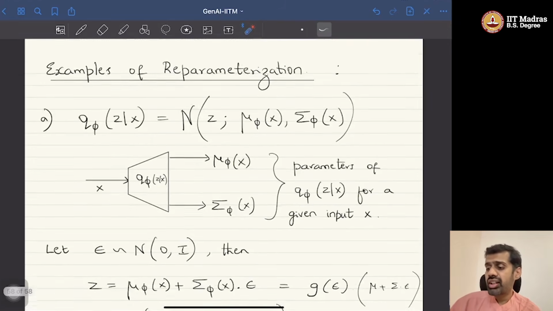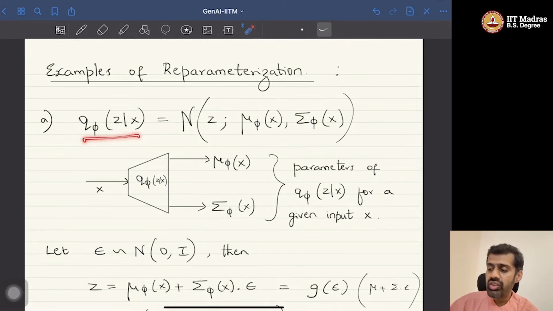Okay, so note that this choice that we are making on q phi of z given x, that it is a Gaussian random variable, is a design choice. So one can make any other choice on q phi of z given x and parameterize that using the encoder network. The only thing is that one needs to find a g function and an auxiliary random variable using which we can reparameterize that. Okay, yeah, that's the only condition. However, the usual practice is to assume that it is a Gaussian random variable with this particular mean and a variance, and reparameterize using normal 0 1. Okay,